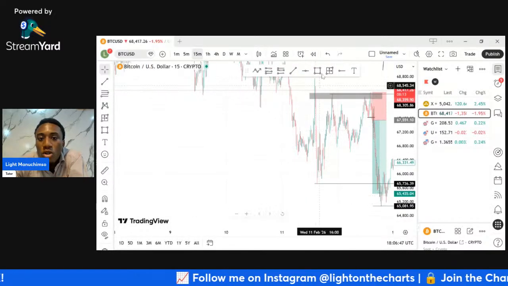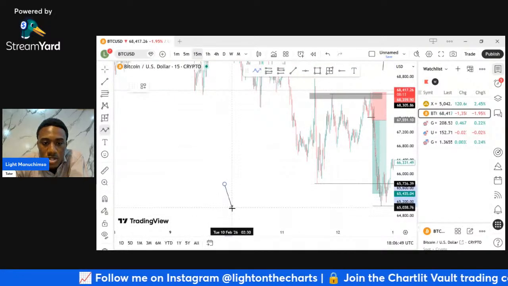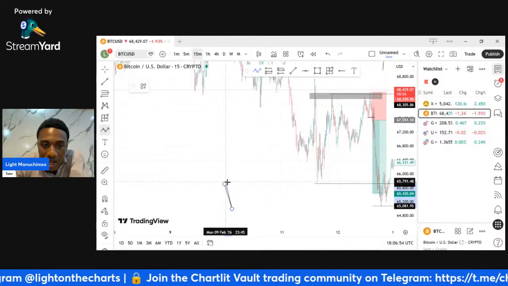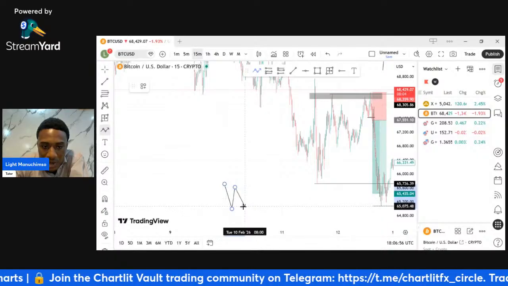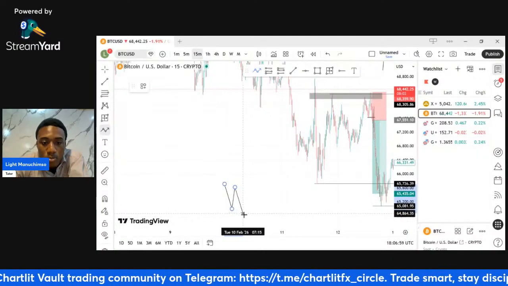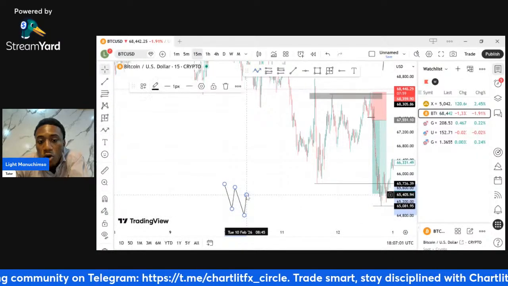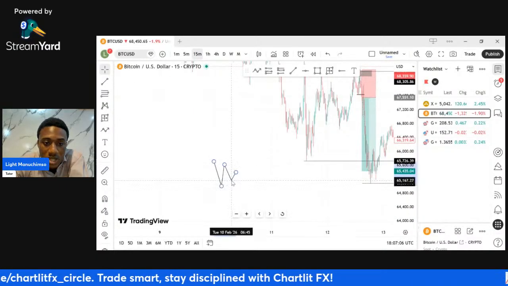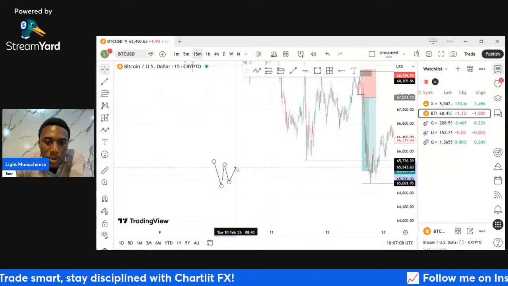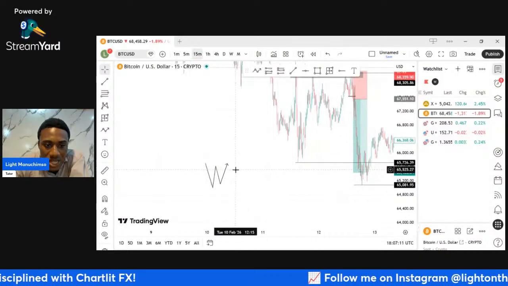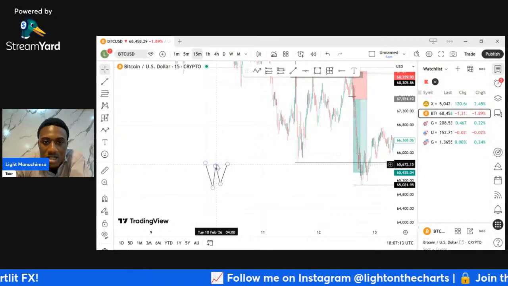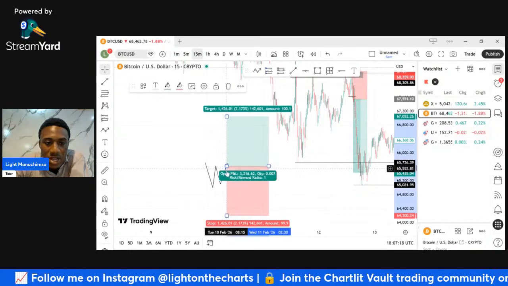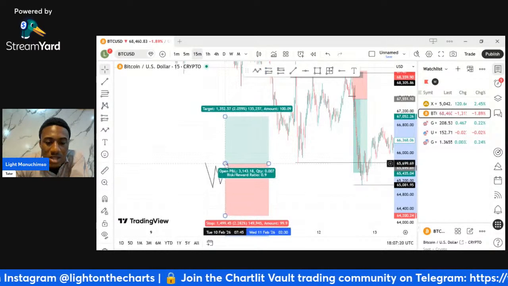Even on a W pattern, when you see a W pattern on the key level, the first attempt is not going to break this high right here. It drops again. It might come below it, close back inside, or not. It might just be like this, and then finally, the moment it takes out this neck right here, this is when you want to be getting in. The moment price has taken out the neck,